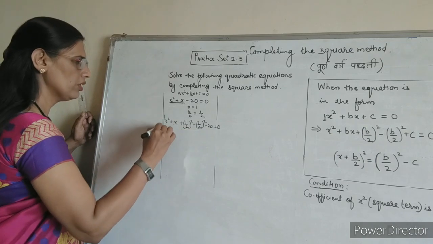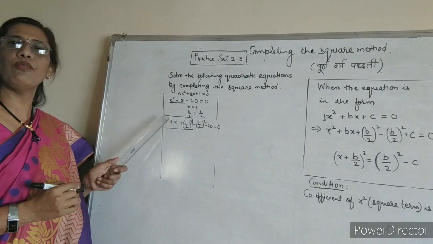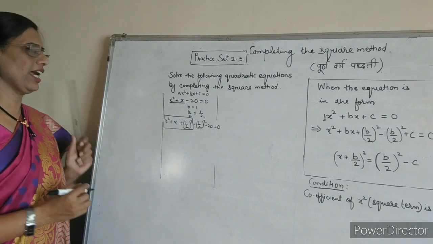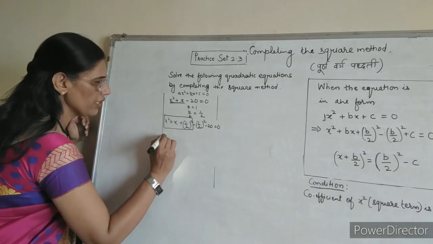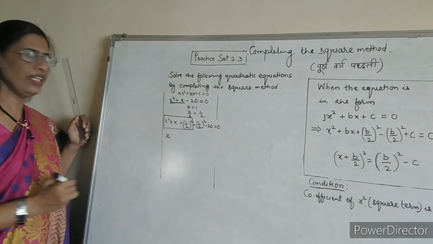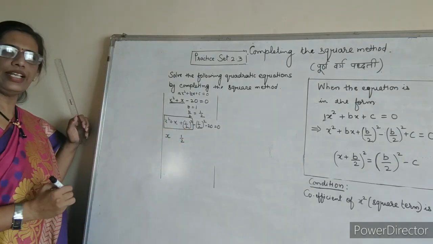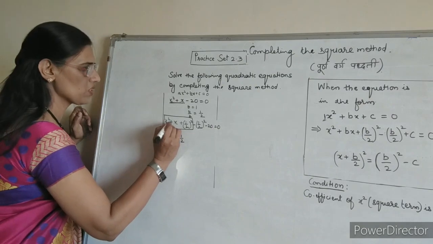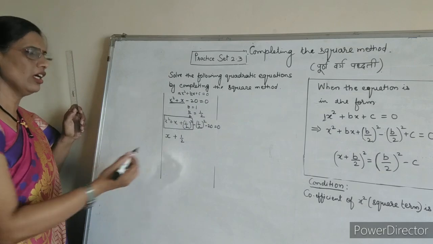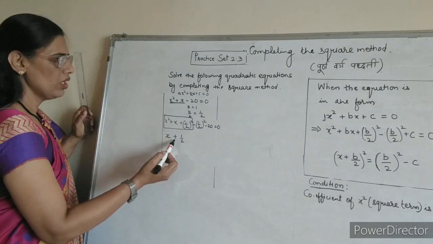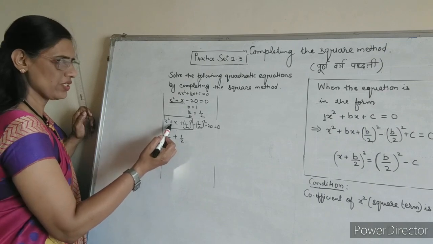Right? Now these first 3 terms, if you observe carefully, are a perfect square. हा जो आहे हा पूर्ण वर्ग आहे. हा कशाचा पूर्ण वर्ग आहे तो बघू. So x square is the square of x, right? And 1 upon 2 whole square is the square of 1 upon 2, right? Now the middle term is plus and therefore we will write plus here. If it is minus, we will write minus here. So the sign of this middle term will depend upon this.